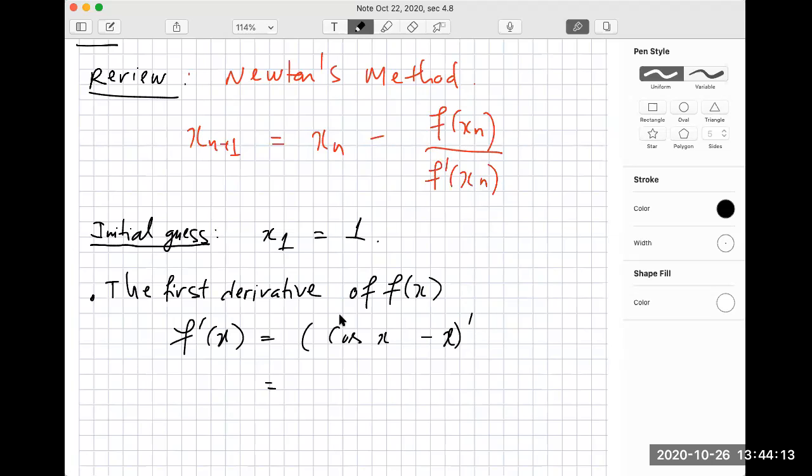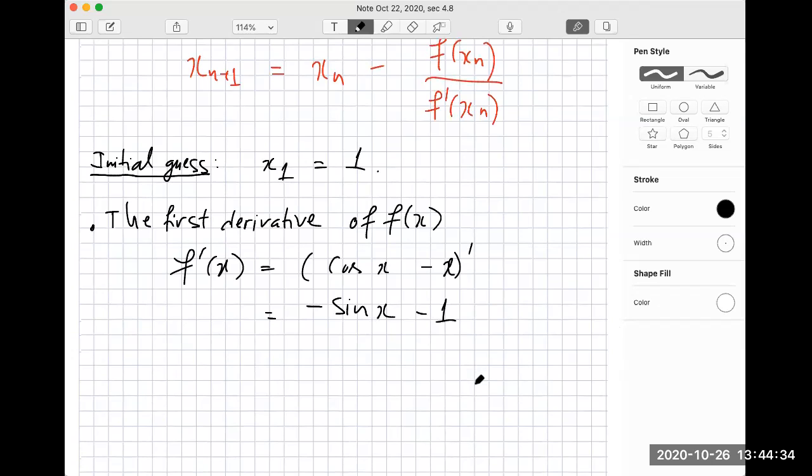And f prime will be the derivative of cosine of x minus x here, which gives us negative sine x minus 1. Very good, negative sine x minus 1. Therefore, we have the derivative of this already, right? Very good. So the step,